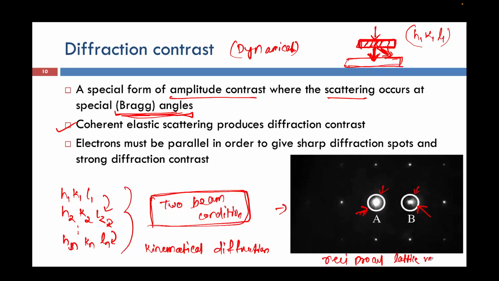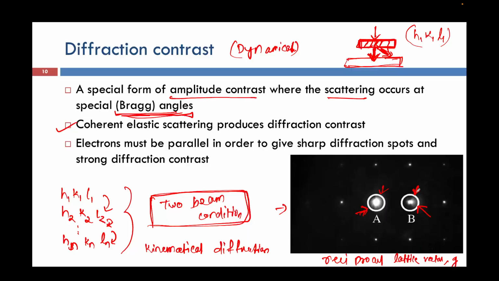So if I am talking about the reciprocal lattice vector, then I am talking in terms of G. Now, what does this two beam theory assume, and why do I have to assume it? Because I want to see, after getting diffracted, what amplitude variation is happening in my electron beam. And you can ask why two beam, why not three,